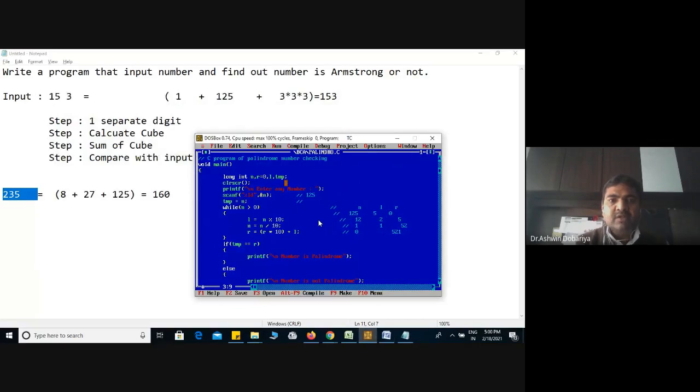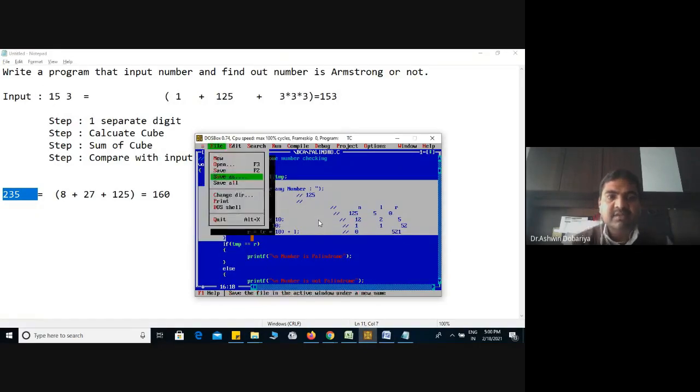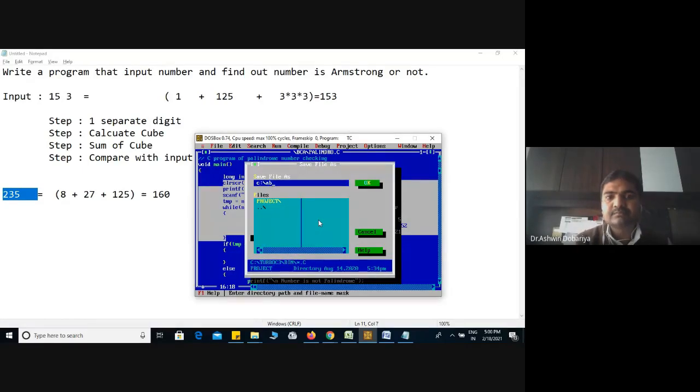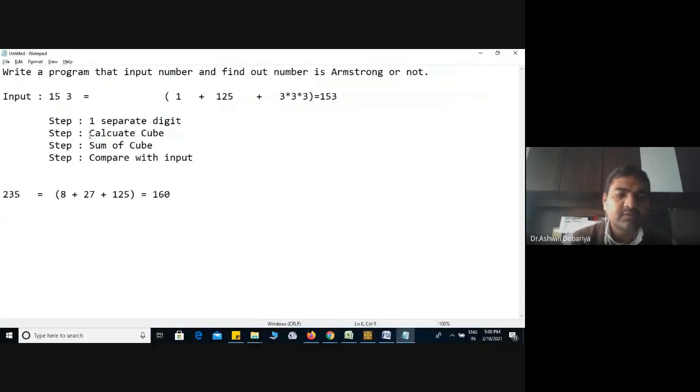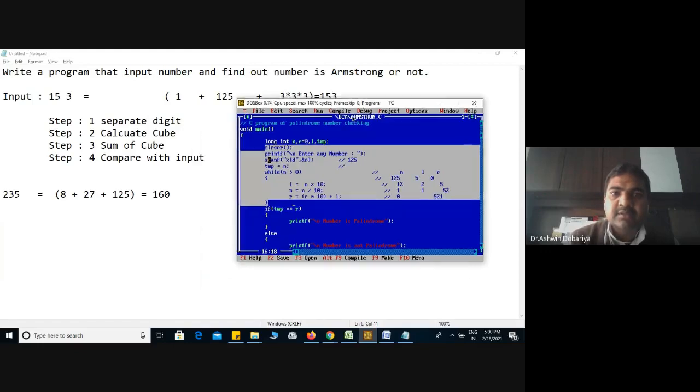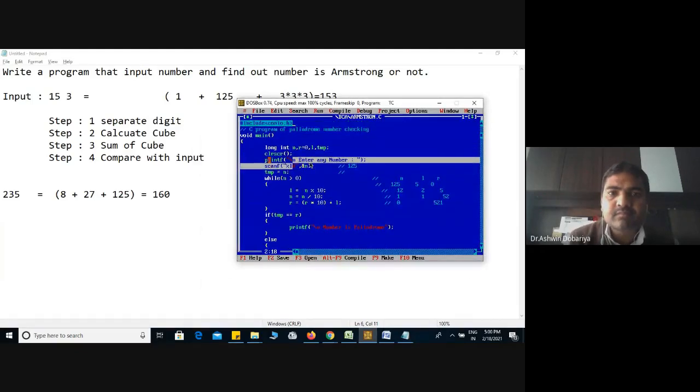Again, the same program I will save as Armstrong.c, because step number 1, step number 2, step number 3, step number 4. Now I am changing it to a program for Armstrong number checking.